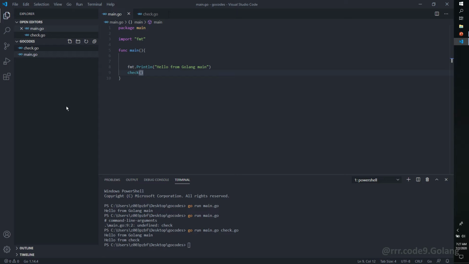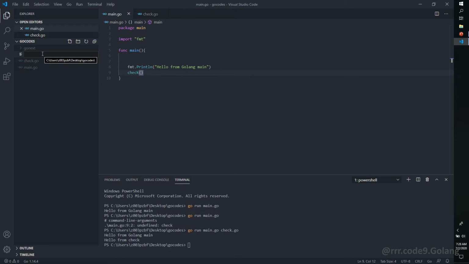So let's create another package inside this Go course. So let's first create a folder. As I told you, folder and package are very synonymous in Golang. So let's give the folder name as GoNext. It is a good practice to have the package name same as the folder name.